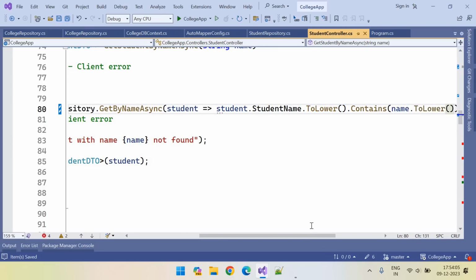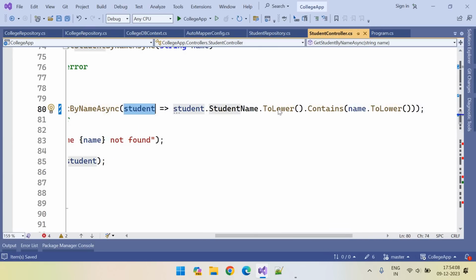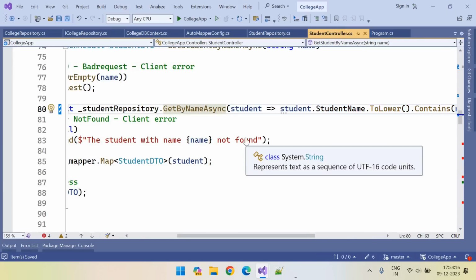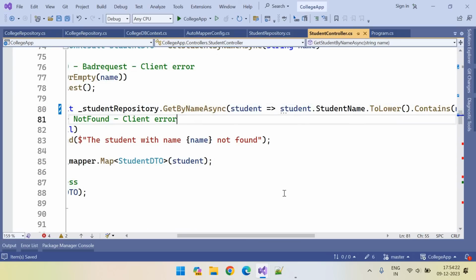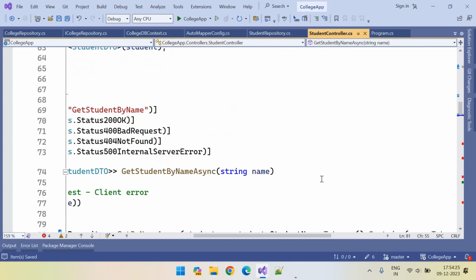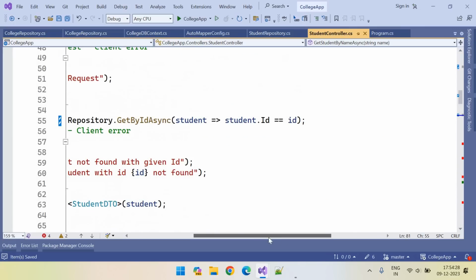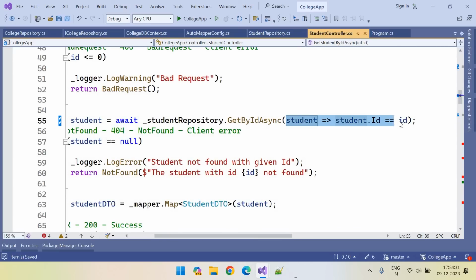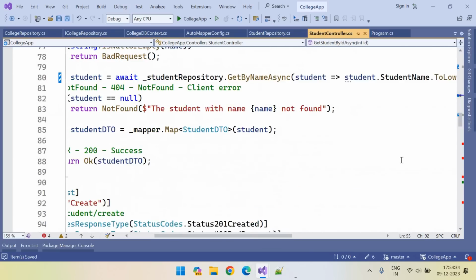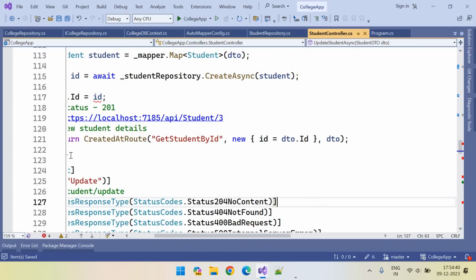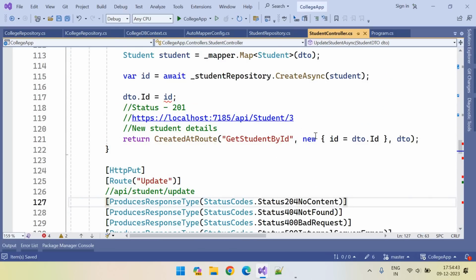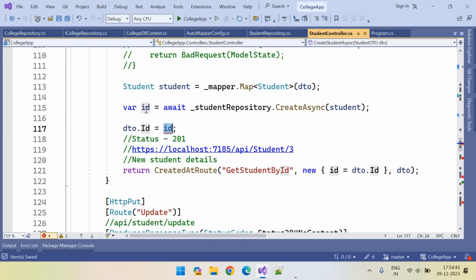The same thing will be applied here. So this is the delegate or anonymous method or arrow method we are passing to this one. Okay, and same thing. We need to copy and go down. Okay, here it is not ID, it is a student. We are returning the entire